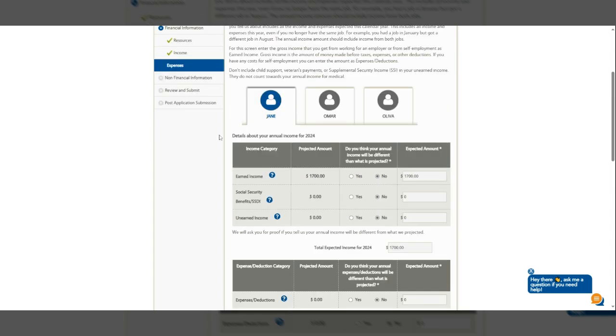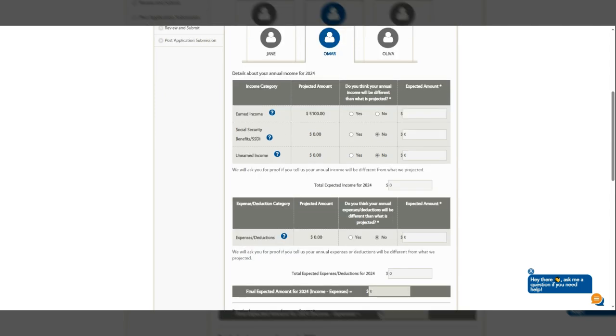all of their projected income still remains the same. We're going to say that there are no changes for Jane, but because we are reporting an income change for Omar, let's go ahead and go to Omar. Here we go. So we're going to ask Omar, do you think your annual income will be different than what is projected for 2024? For this example, go ahead and click No for all income types, including Social Security benefits,